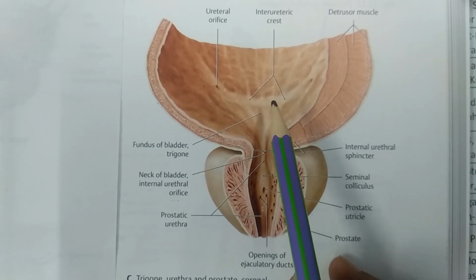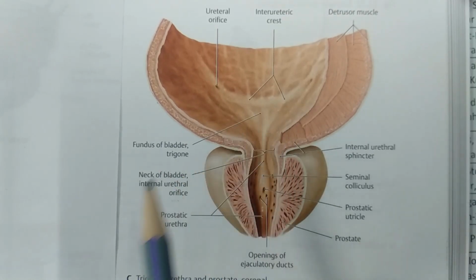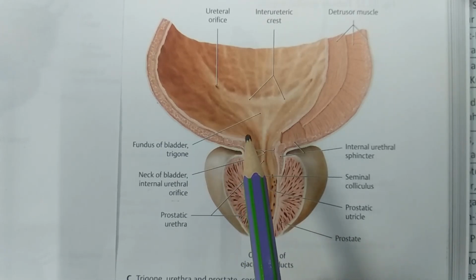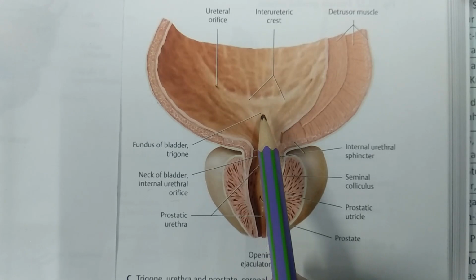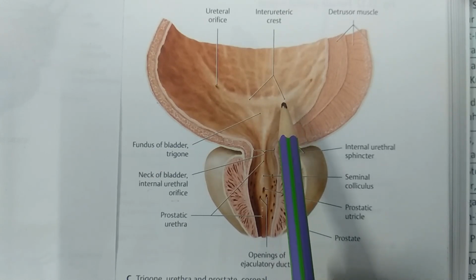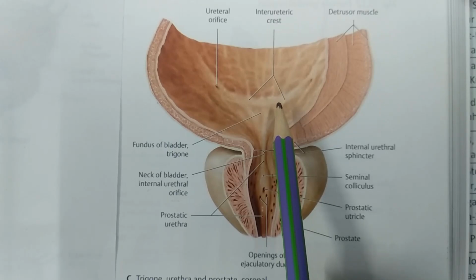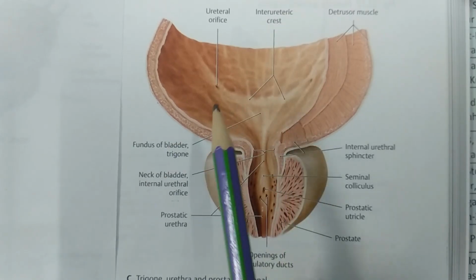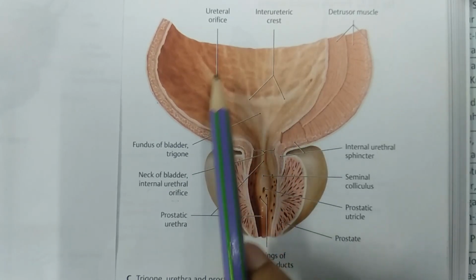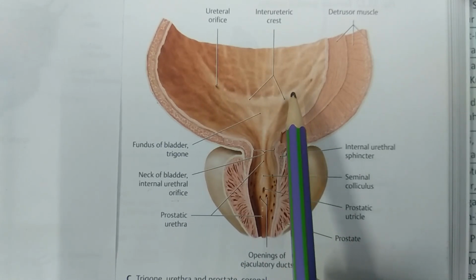And the surface cells of the mucosa are polyhedral in shape, and they have abundant cytoplasm and prominent nuclei. The cytoplasm of the surface cells spreads like an umbrella to allow the distension of the bladder without tension to the individual cells. That's why it is called the umbrella cell. You can go through your histology book for the details of these structures, the umbrella cell and the properties of the transitional epithelium.